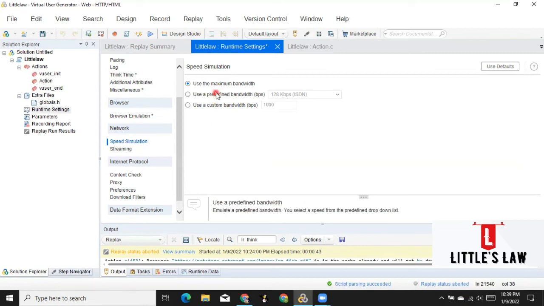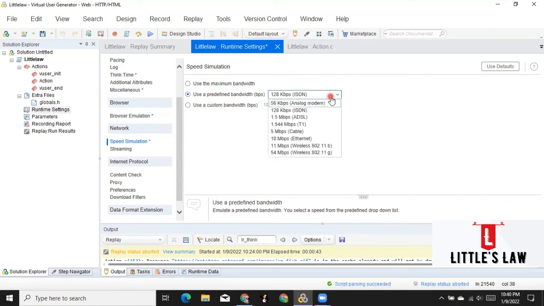That will give us an idea of how real-time users use the application, because not all users have high configuration machines or laptops with the latest versions or high configuration mobile phones. So it's always advisable to try with the maximum bandwidth and the preferred bandwidth,